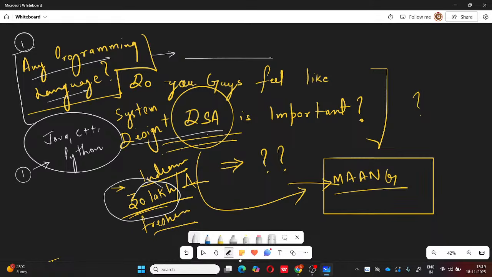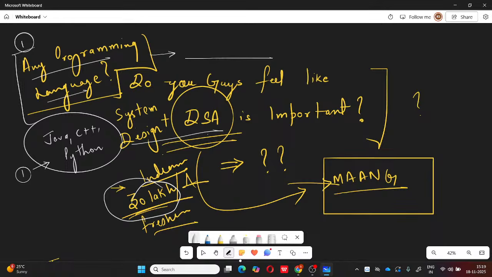But before starting DSA, because we're going to start with maybe recursion and backtracking and so on, before starting with these skills, we have to be very well versed in one of the programming languages. So that's why I'm asking, is there any programming language that you're well versed in? Can you mention all the programming languages that you people know already?